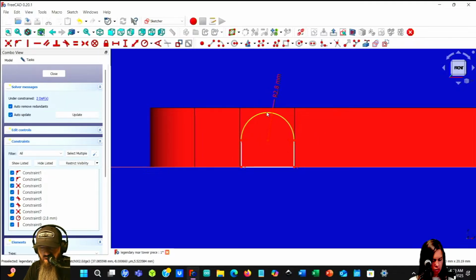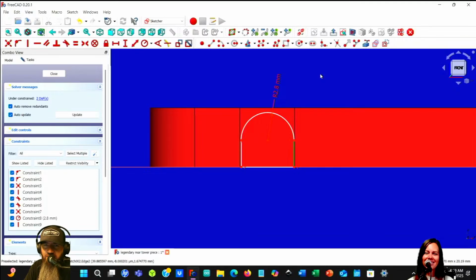Because from the top of this to the bottom of that needs to be 5.3. So 2.8, 5.8 minus 5.3.